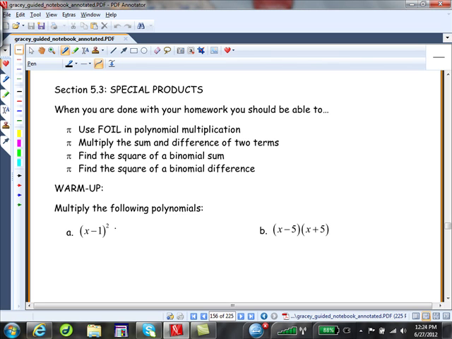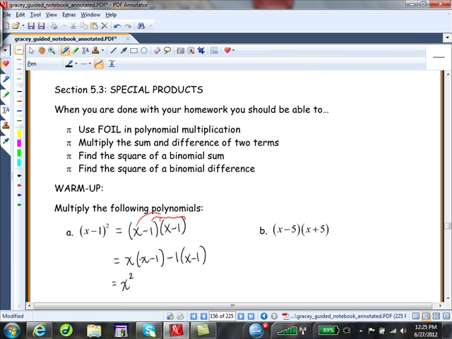Here, remember that this is equivalent to x minus 1 times x minus 1. It's the quantity x minus 1 multiplied to itself 2 times. So, like we learned about yesterday, if we keep this guy fixed as a binomial and then distribute these through, we will get x times x minus 1 and then minus 1 times x minus 1. This gives us a result of